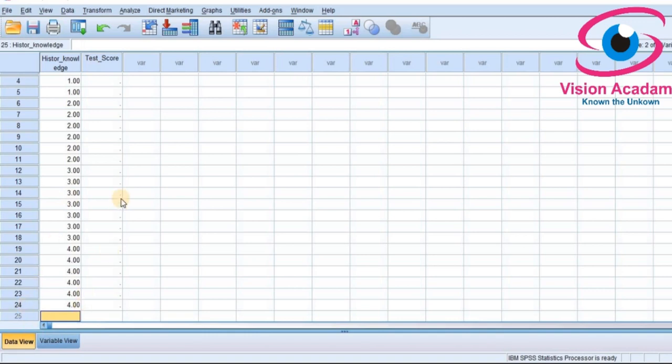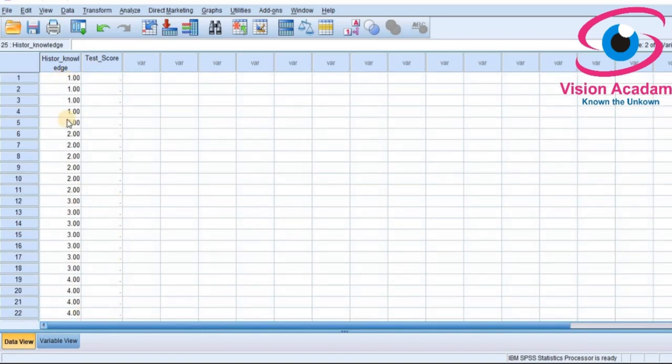So totally 24 samples are there. Why I am giving 1, 2, 3 means for school 1 I have codified as 1, school 2 I have codified as 2, and respective samples of each school I have given.